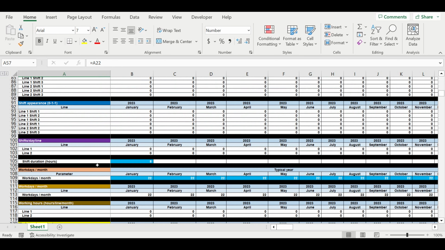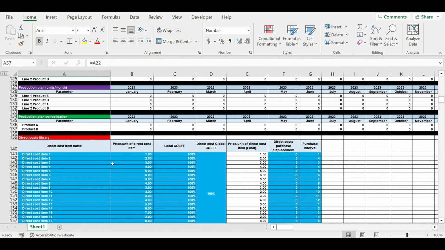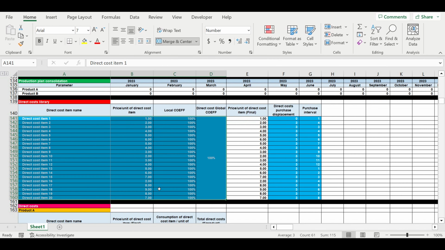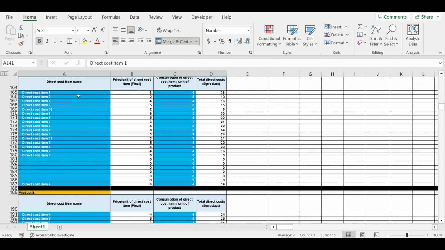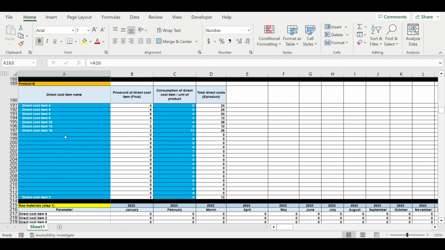Then we moved to raw materials and described the algorithms that work for raw materials. Then we specified what raw materials